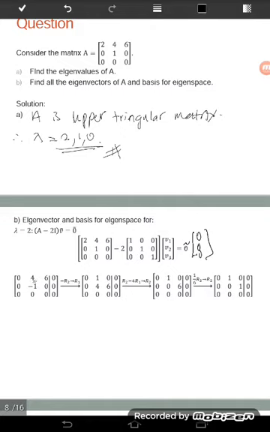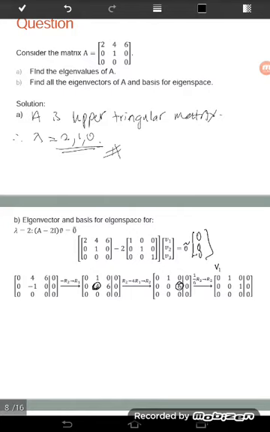Okay, so dekat sini I interchange row 2 with row 1. Okay, so row 2 ni saya letak negatif sekali lah sebab leading one positive 1 kan. So since here negative 1, so terus saya letak negatif. So become like this. And then after that make it this one become 0. Okay, so to make it this one become 0, so we use row 2 minus 4 row 1. So it becomes 0. And then make it this one become leading 1. Okay, so become 1. Okay, so after we have this matrix, so find the V1, V2 and V3.